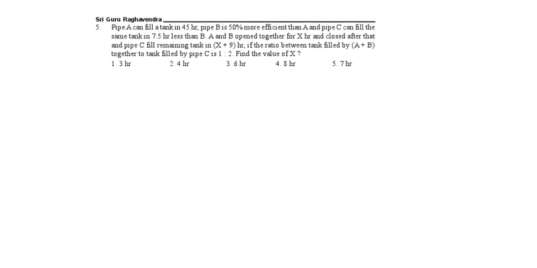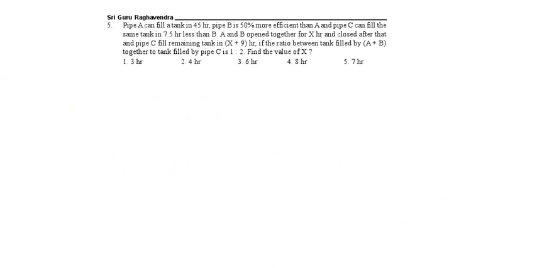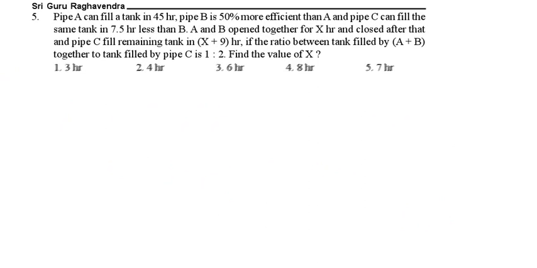Go by the substitution method, then only it will be very easy. So 5 km per hour is the speed of the current. If I take 5, 9 minus 5 is 4, 9 plus 5 is 14, 7 minus 2.5 is 4.5. 4.5 is nothing but 9 by 2. So 5 km per hour is the correct answer. See the next question.